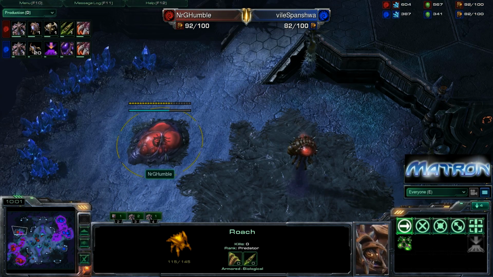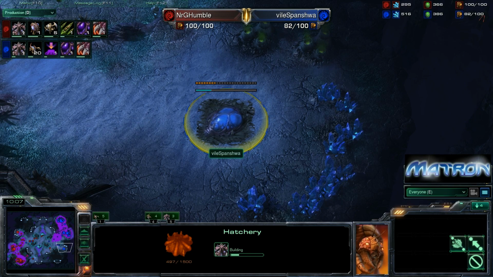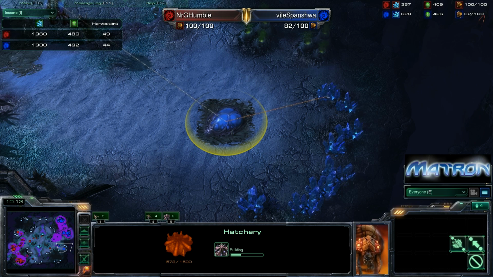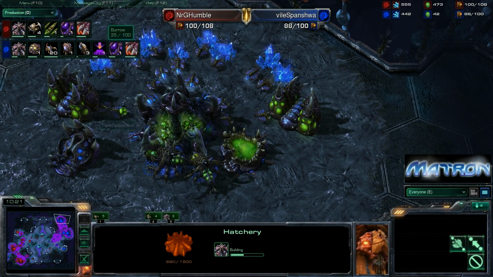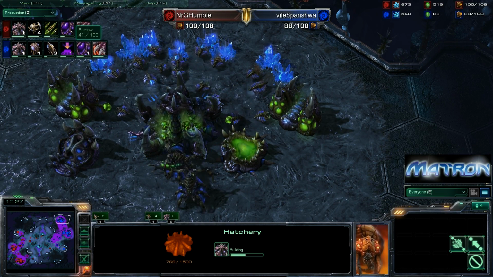He's got this 3rd about to complete, and it looks like Spanishiwa also taking a 3rd, though it is quite far behind the 3rd of Humble. If we check the income counting station, it's 49 to 44. But it looks like Spanishiwa just a little bit ahead on his infestors. He's going to have the pathogen glands finishing in about 40 game seconds, and he's got a few infestors on